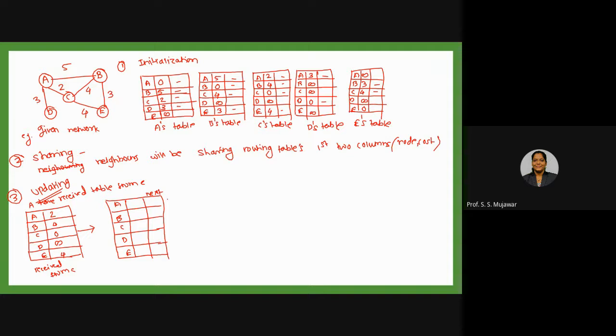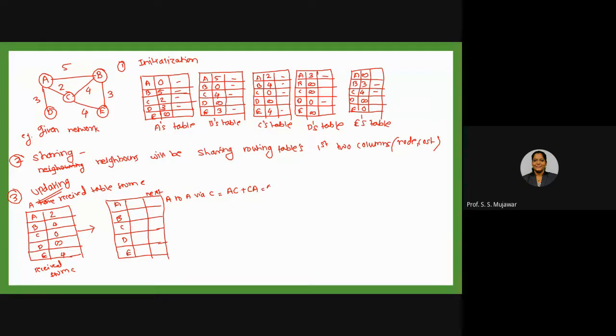Now what we need to do? We need to visit A to A. This is A's table. We need to visit A via C, because we are updating A's table according to C, right? This means first we look at the AC value and then the CA value. Like this we will calculate all entries.